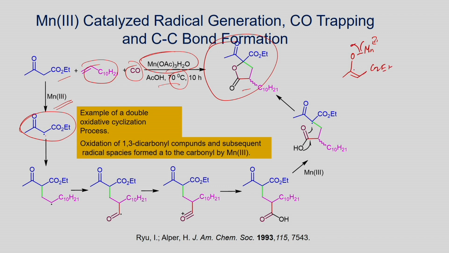When you heat it, it can undergo cleavage. In this way you will be able to form the radical. Once you form this radical, since you have the alkene, it can undergo addition reaction. You have the secondary radical. This radical now can react with the carbon monoxide. Addition reaction, you get the carbonyl radical. Once you have the carbonyl radical, this radical now can convert into this.